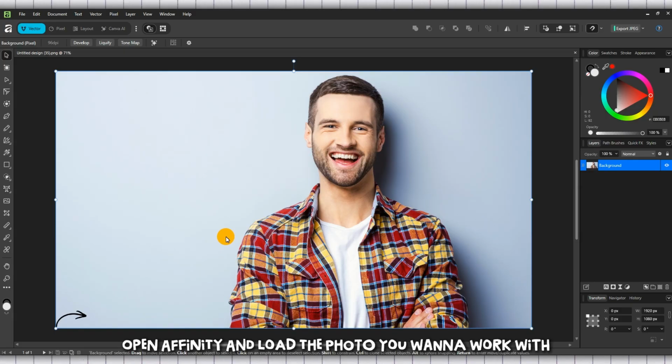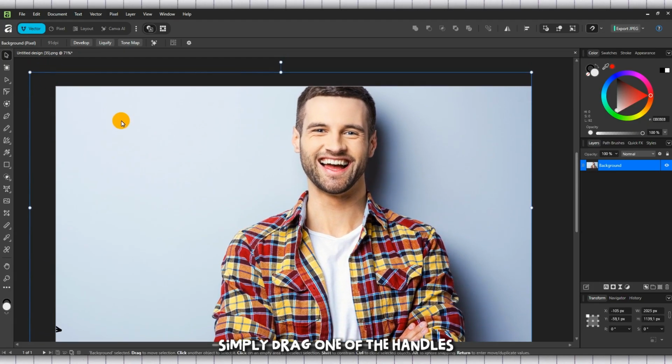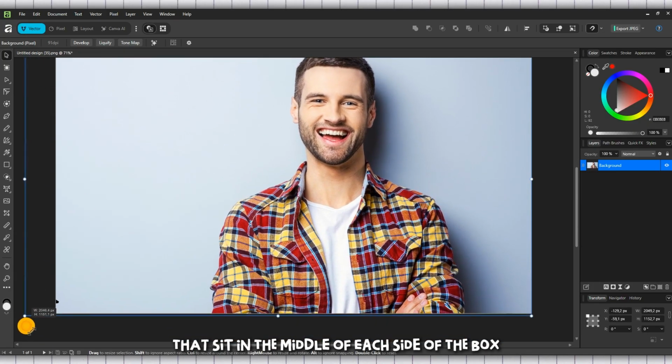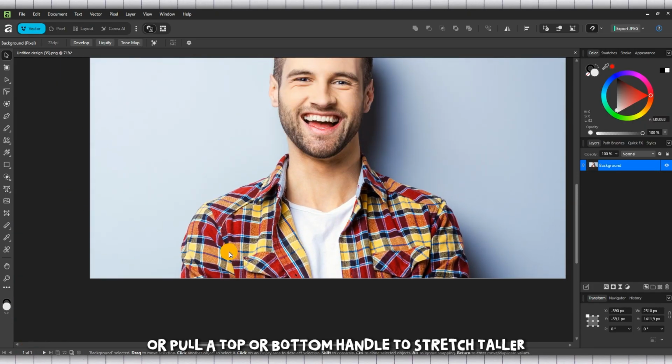First, open Affinity and load the photo you want to work with so it's sitting on your canvas with the photo visible. Click it to make sure it's selected. You'll see a bounding box around the image. For a quick full image stretch, simply drag one of the handles that sit in the middle of each side of the box. Pull a side handle outward to stretch wider, or pull a top or bottom handle to stretch